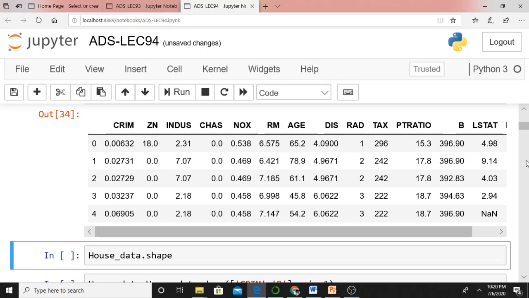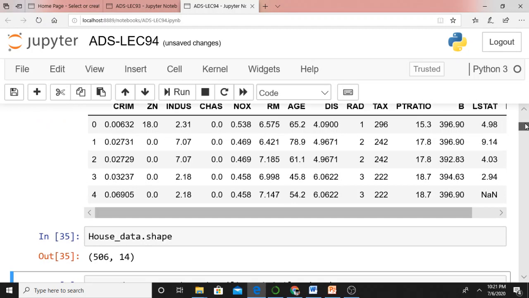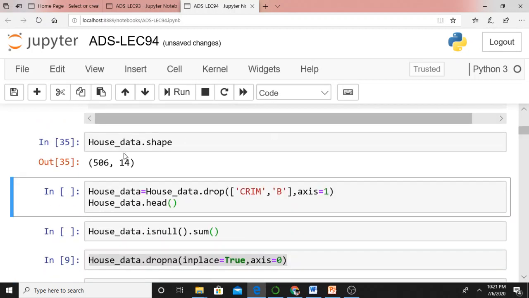The characteristics include the age of the people who own the house, the number of rooms, the distance to the nearest employment centers, a tax rate, and a bunch of other details. The data set is a medium sized one. Let me check the shape of this data frame. House_data is my data frame name. Shape means there are 506 rows and 14 columns. I can say it has 506 records.